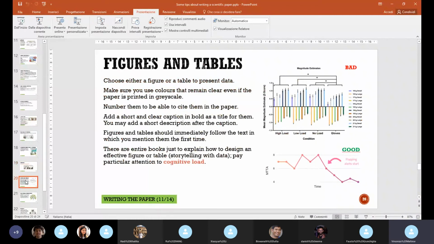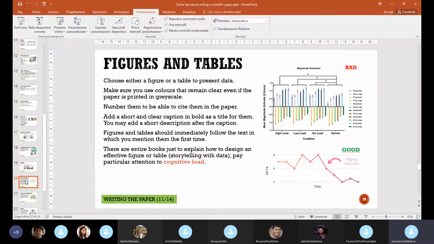The role of figures and tables. So typically figures and tables are used to present the data, not only experimental data, but also data in general. And it's an art by itself. There are entire papers just about how to come up with an effective figure. So therefore, you can imagine I cannot be exhaustive in giving you some hints about designing figures and tables, but I just want to give you one basic principle, which is the one which is emphasized that you see, that